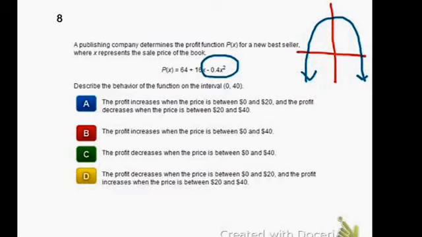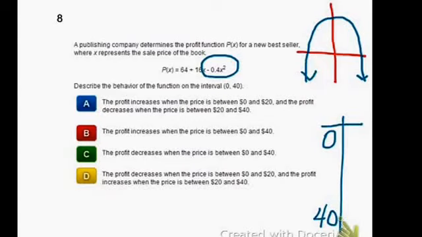It might even help if you go to mode 7 and make a table. And since it's talking about the interval from 0 to 40, you might want to start at 0 and end at 40. The problem there is that it's not going to let you put all those points in there at once. You might want to say step 5, and that might help. When you do that,